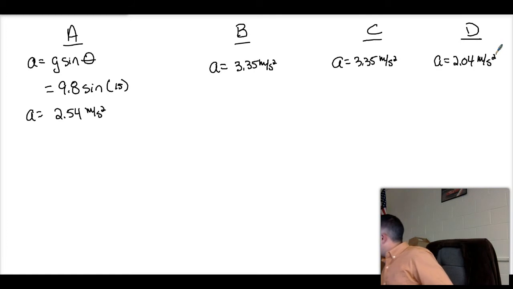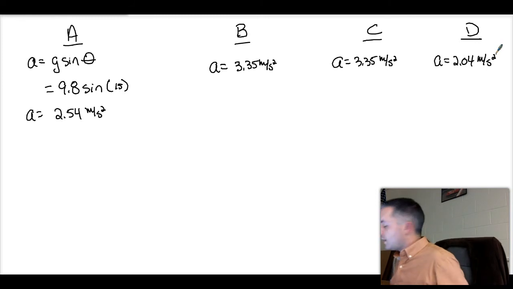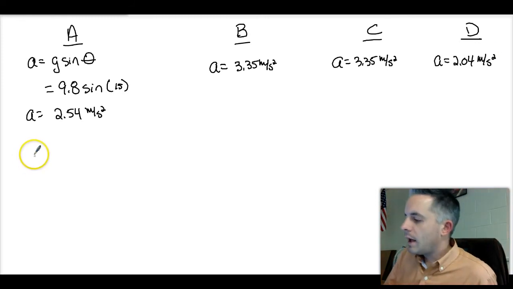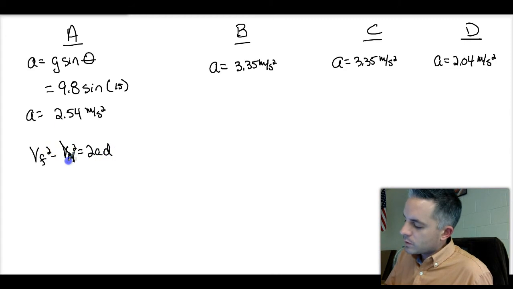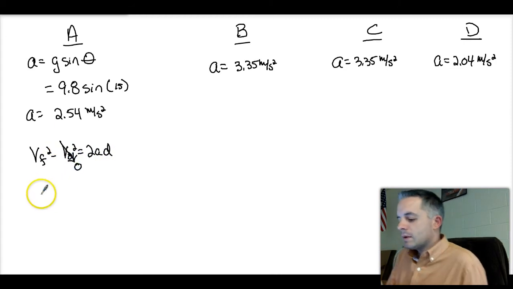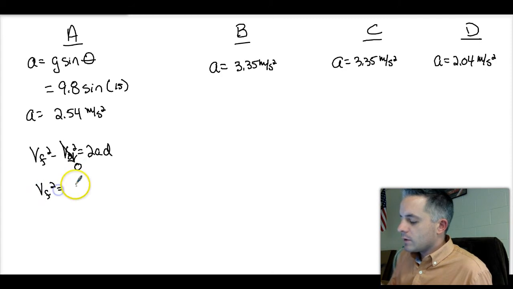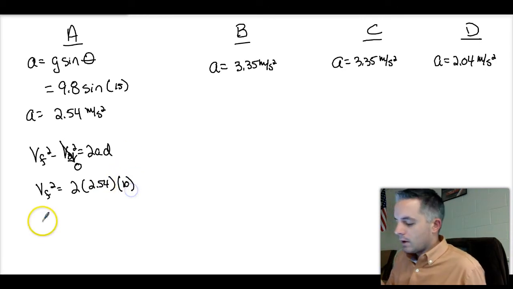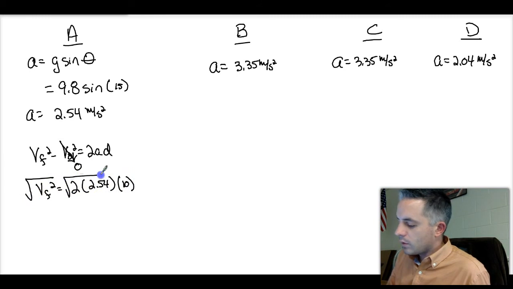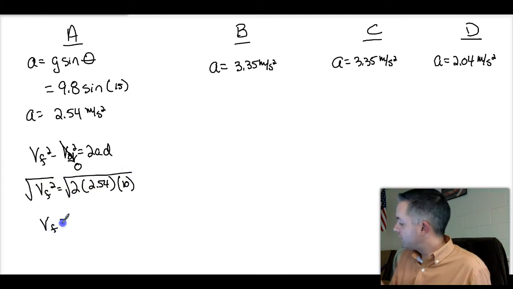So the next thing we want to know, again, is what their speeds are so that we can rank them. So we'll go back to part A. We get v sub f squared minus v sub o squared equals 2ad. v sub o squared is going to be equal to 0, starting from rest. So we get v sub f squared is equal to 2 times 2.54 times 10 meters. Take the square root of both sides, and we get that v sub f is going to be 7.13 meters